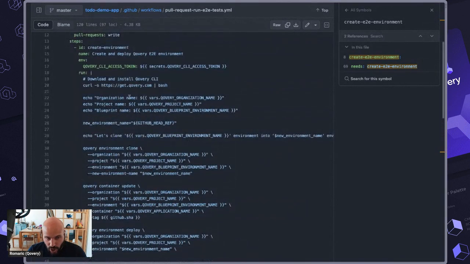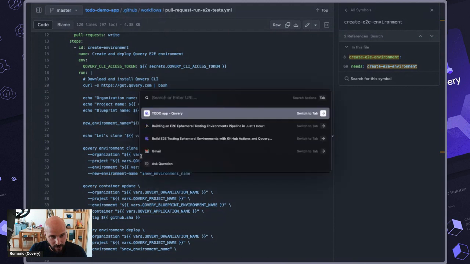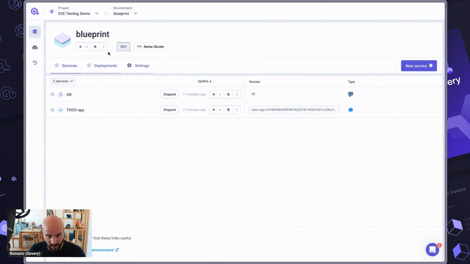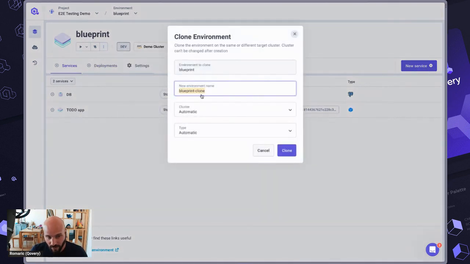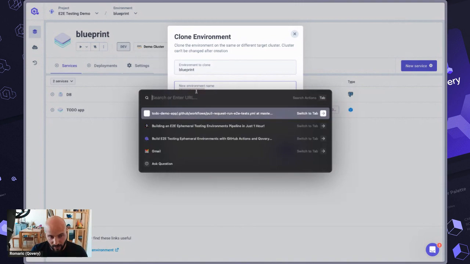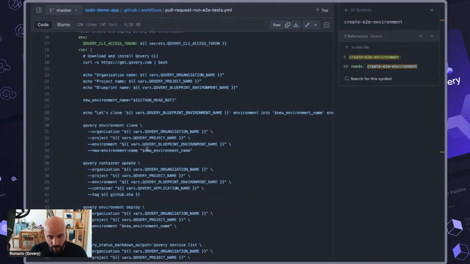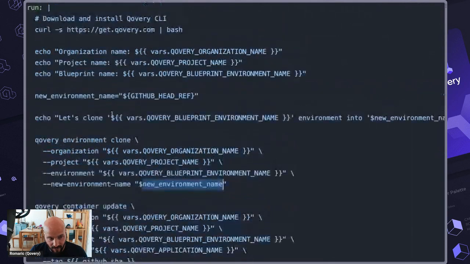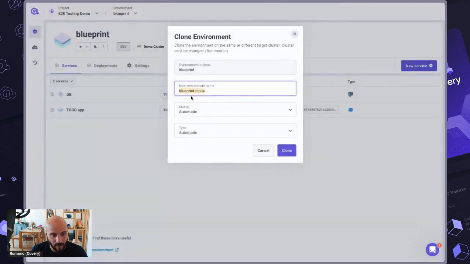So let me show you how that works, manually speaking. If I reproduce exactly the same steps via the CLI, but from the interface, it looks like this. Cloning the environment: I'm inside the blueprint environment, and I clone it. The environment name is going to be the name of the pull request, the GitHub head ref. So if it's, let's say, fit billing v2, that will be the name of